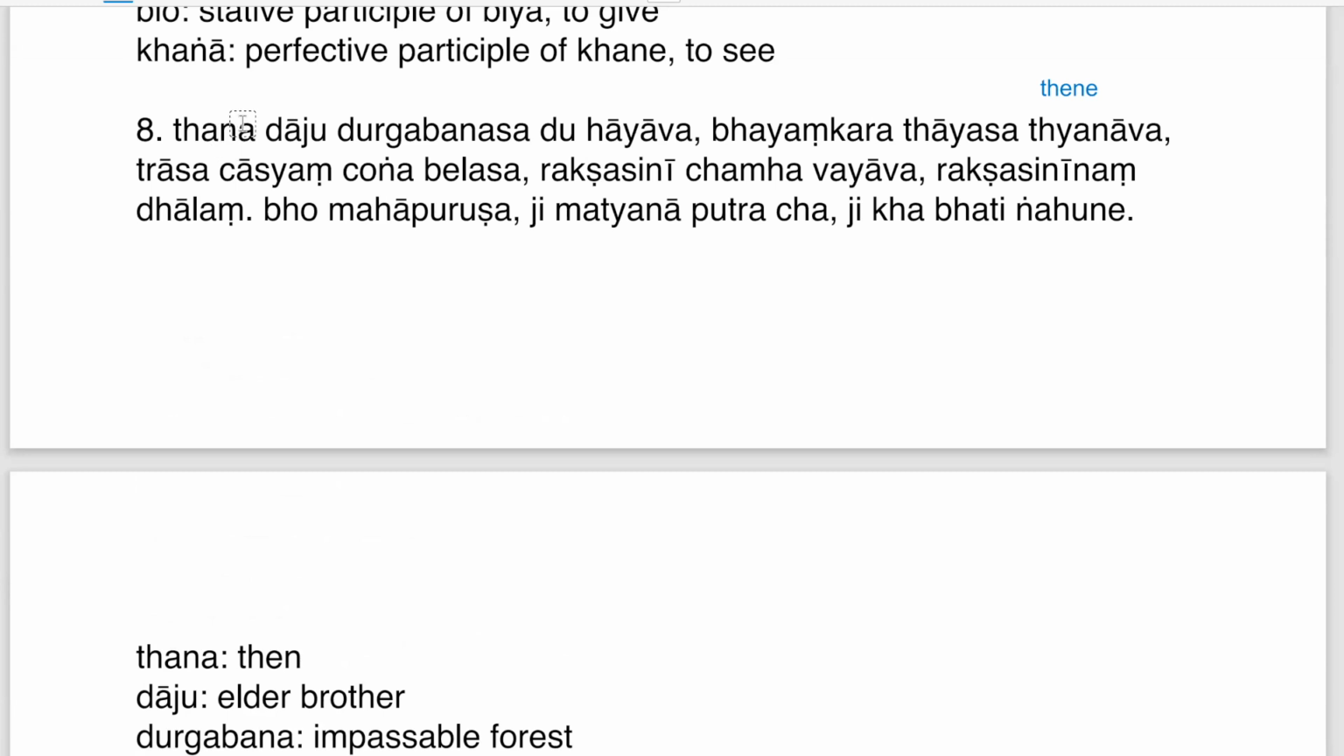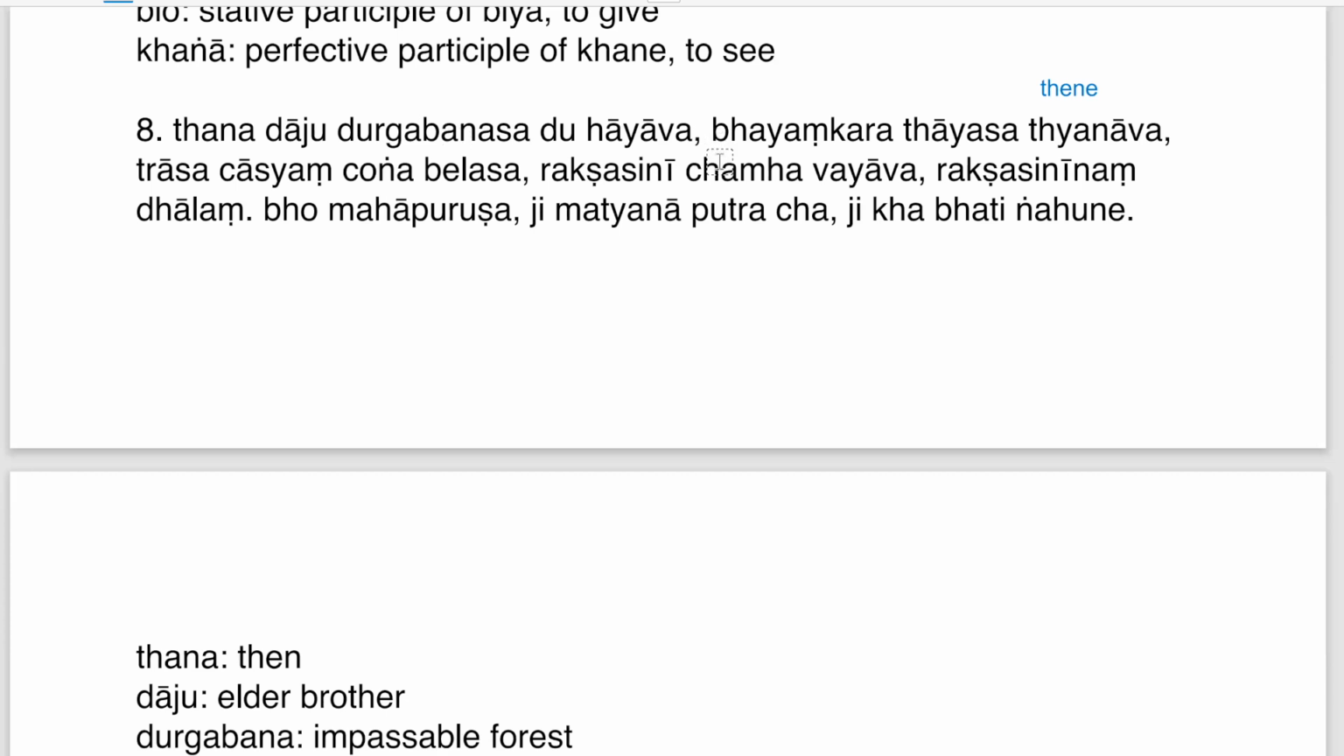So now, then over there. And Daju is the elder brother. Durga Vanasa. Durga is also a Sanskrit word, like unapproachable, difficult to access, impassable, and Vana is also Sanskrit, the forest. Sa is the locative ending. Du Hayavo. At first sight du might be a stative participle of ye, to exist, but here it is not, because in du Hayavo as a phrase, du is the directional adverb, inside, into, and Hayao is the antecedent converb of haye, to enter. So having entered into that